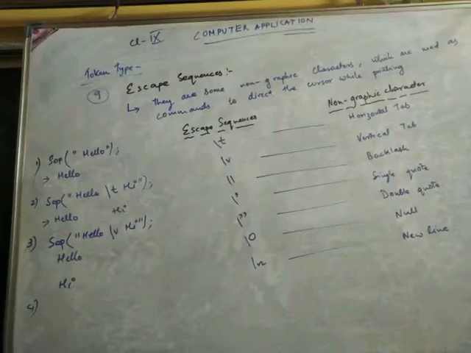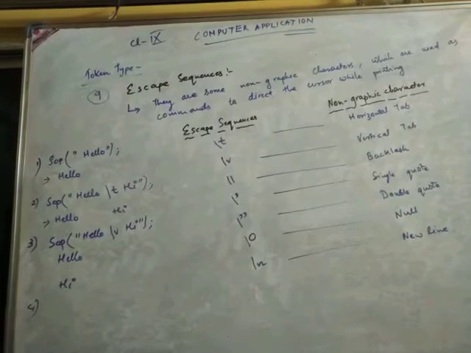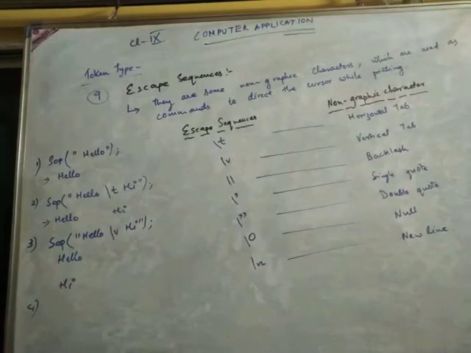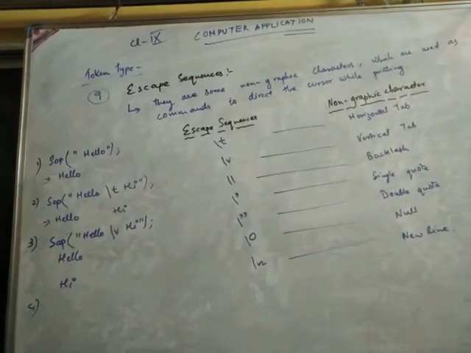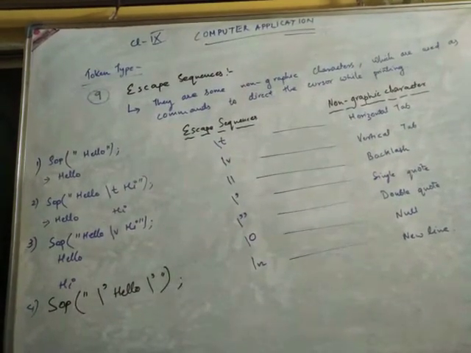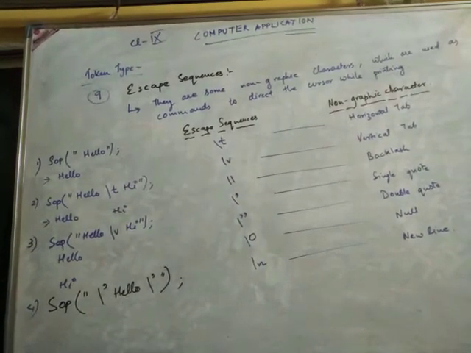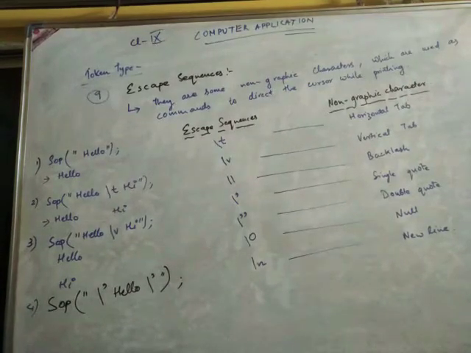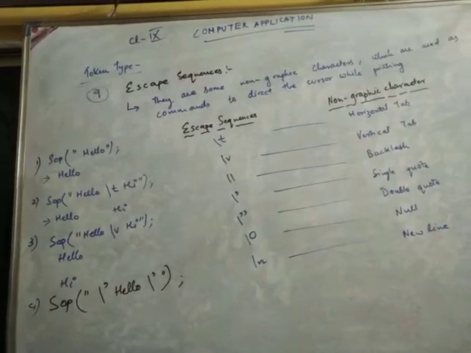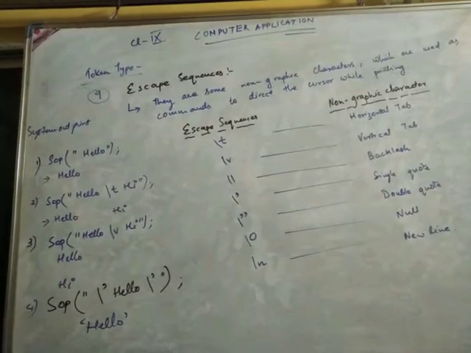Then backslash: if you want a backslash, we can use double slash in the double quotation, and a backslash will come. If you want to put single quotation or double quotation in the message when it is printed on the screen, we have to use slash and single quotation. Say if I write this in the print method, system.print, inside that double quotation, then slash single quotation hello, slash single quotation close. If I write this way, what will happen? Hello will come on the computer screen with single quotation. Clear? This is what will be seen on the screen.